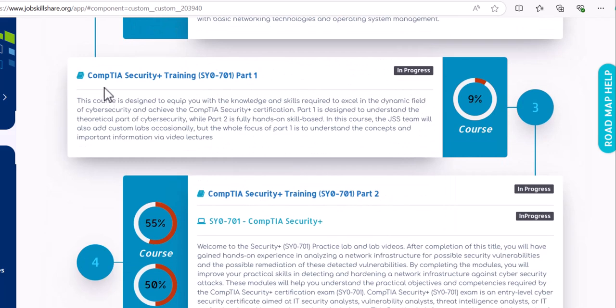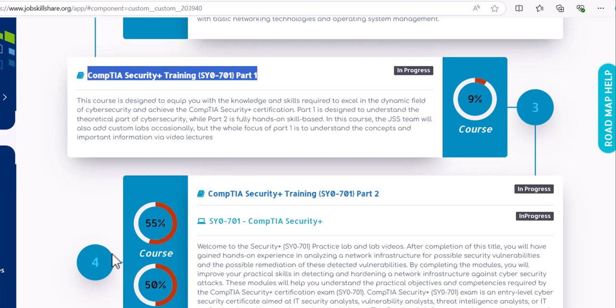Then we have a theoretical course, which is a lot of videos, but it's important because cybersecurity is not like IT support help desk, where I just teach you some basics of technical things and we move to the labs and I can show you three different ways and you will get it. In cybersecurity, most of the time you have to understand why we do this technical thing. What's the purpose behind it? And that's where a lot of people get confused, thinking that you're just going to do some hacking, ethical hacking or stuff like that,